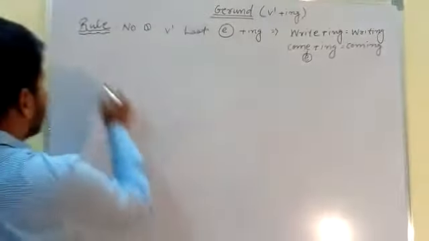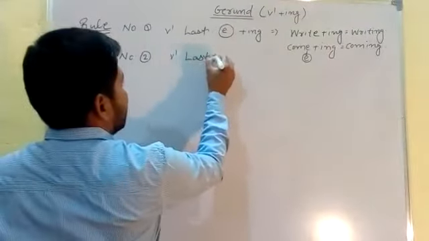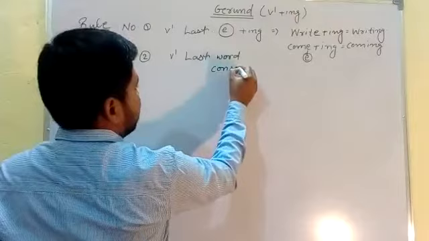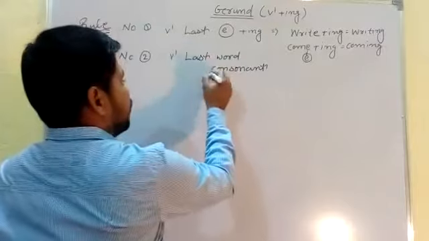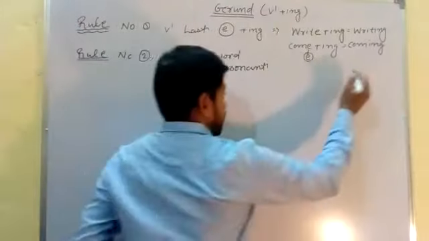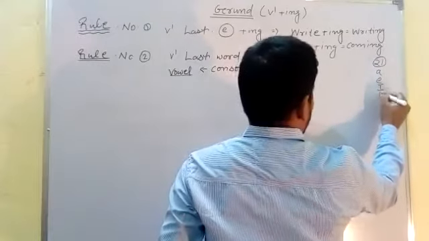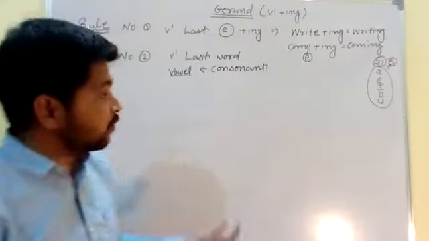The second rule is this. Rule number two. Students, if you find a first form of the verb whose last alphabet is a consonant, and before the consonant you find a vowel. Students, you know what a consonant is. The total alphabet in English is 26, with 5 vowels: A, E, I, O, U. These are vowels. Everyone knows what a vowel is and what a consonant is.